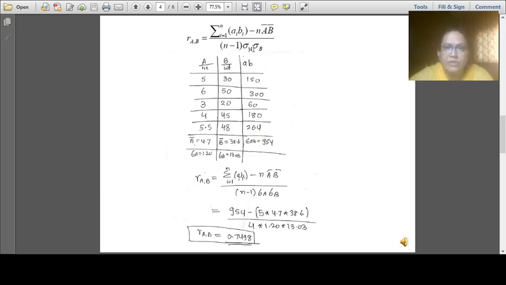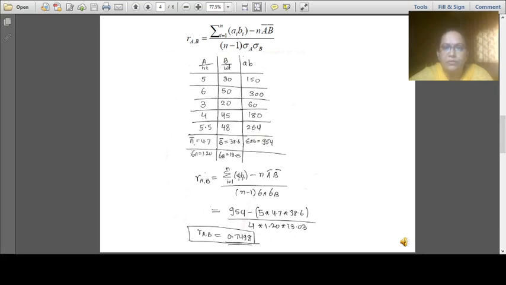Now for standard deviation, here again I will not explain, you can Google the formula for the standard deviation. The standard deviation of the first column is 1.20, and the standard deviation of the second column, that is weight, is 13.03 in this case. Now if you put all the values here,